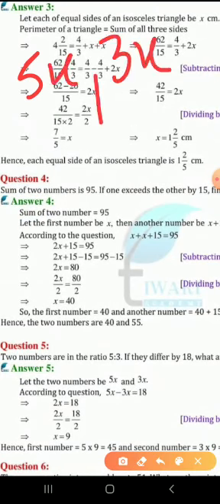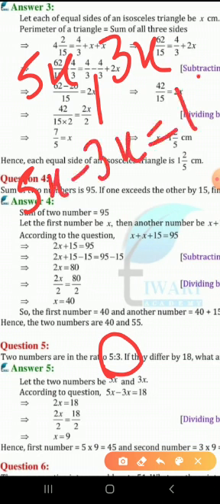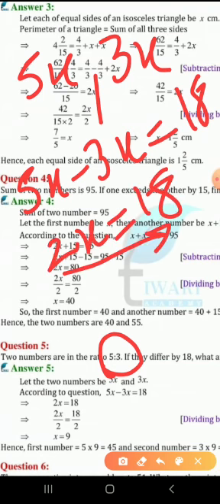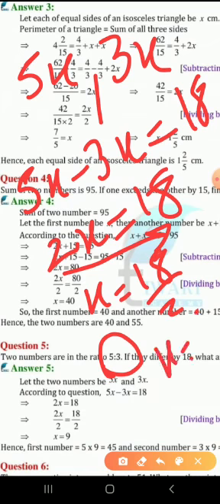From the ratio only we are taking that the first number be 5x, another number be 3x. From where have we taken it? From this ratio. And if their difference is 18, obviously out of these two the greater is 5x. So 5x minus 3x is how much? 18. So 2x equal to 18. 2 we will bring down, so x will become 18 upon 2. That is, x value is 9.